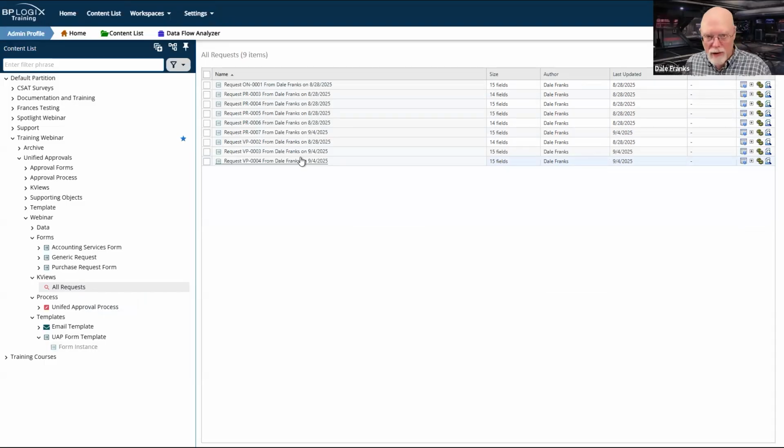I'm probably going to want to see some data from these requests. Once again, because now I don't know which of these three forms were used to submit these requests, because all of the forms have the same name format. The only difference is the request number for them. I could have put the process code.